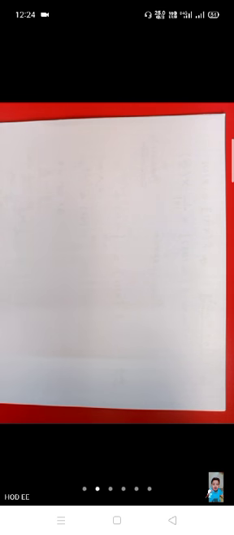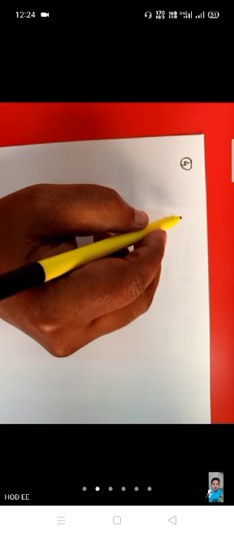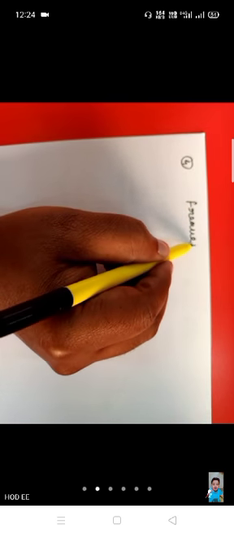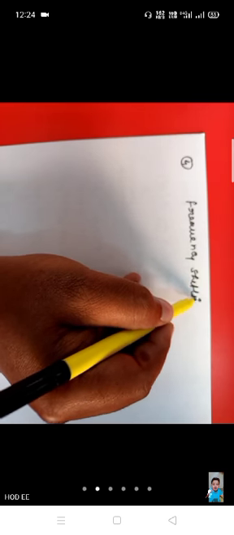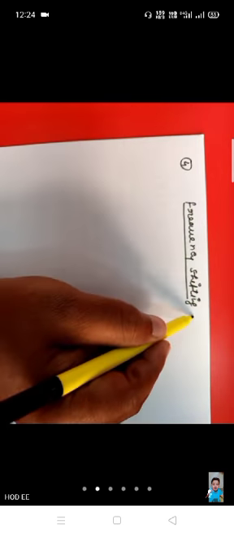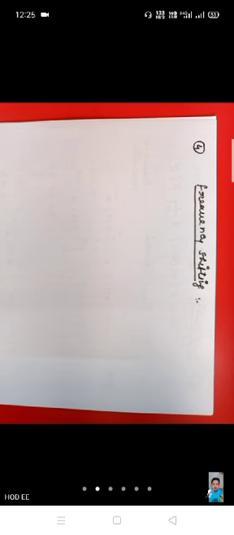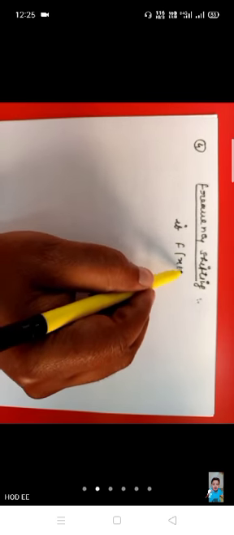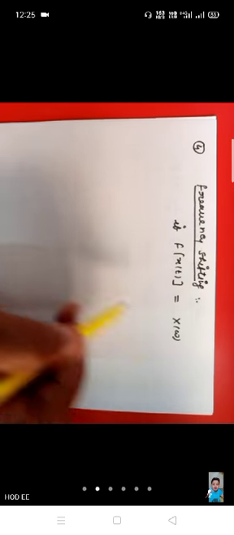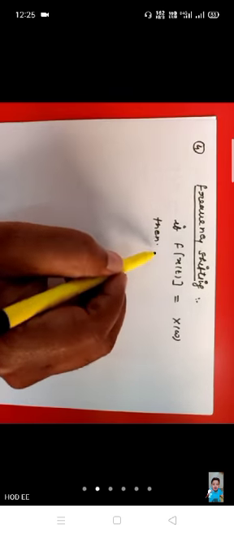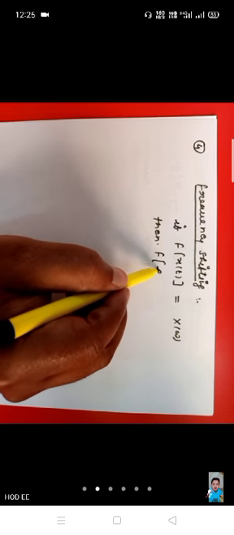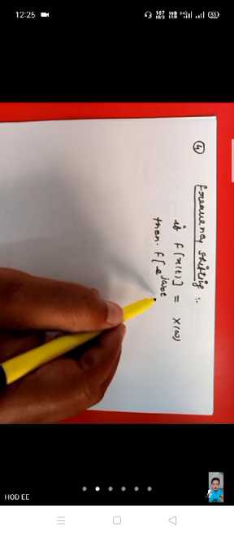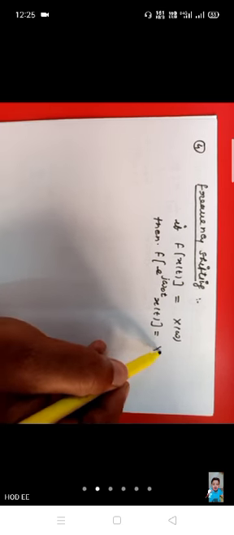Let's move on, so the next property is frequency shifting. Property number fourth is frequency shifting. Before this, the property we did was time shifting, meaning we were shifting in time; now we are shifting in frequency. So according to this property, if the Fourier transform of x of t is equal to X(omega), then the Fourier transform of e raised to the power j omega naught t x(t) will be equal to